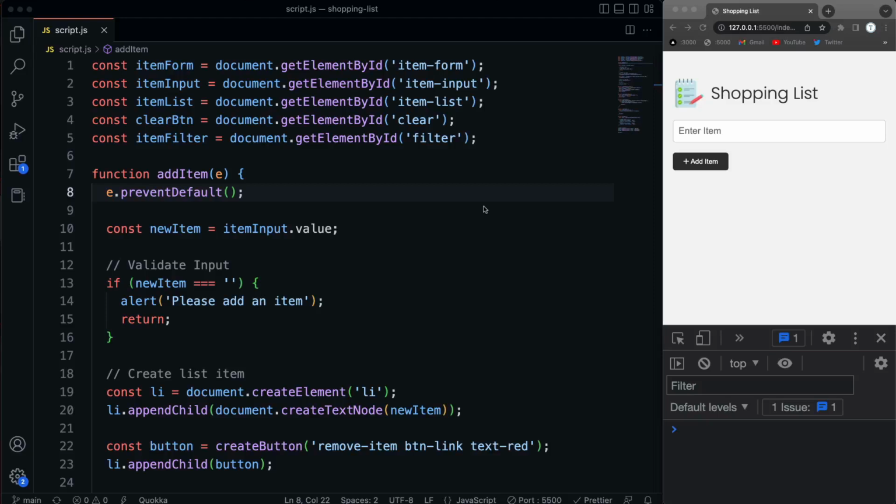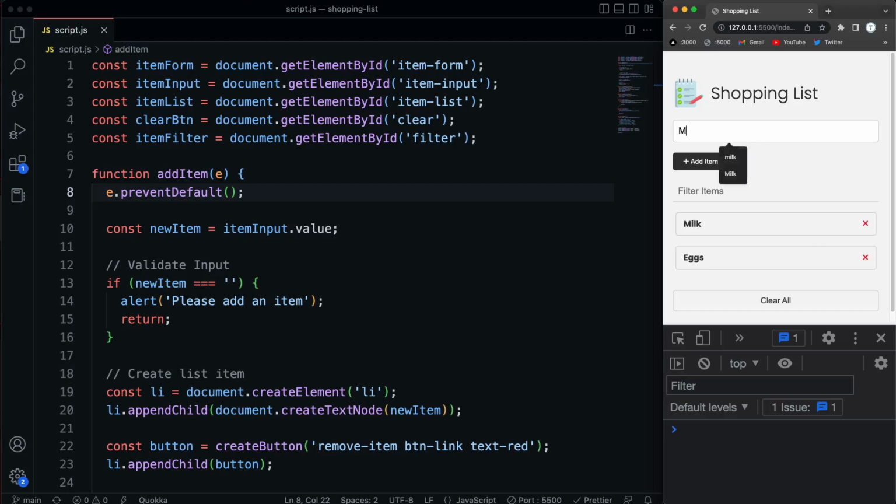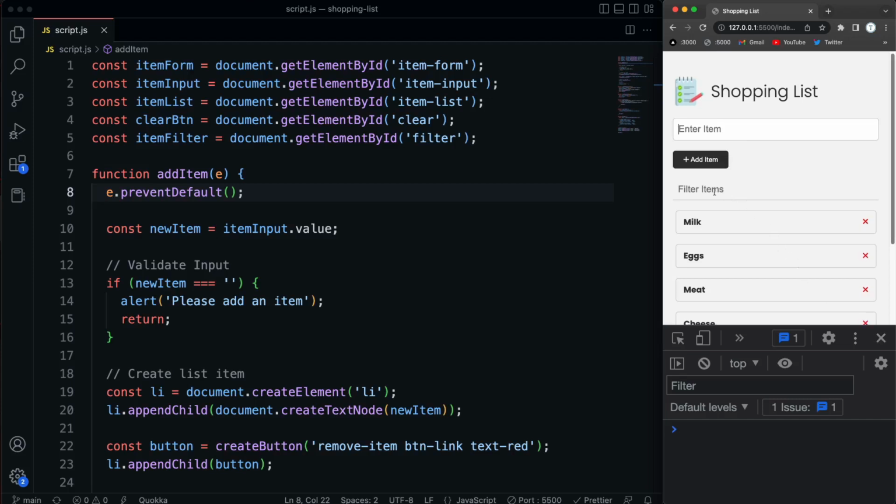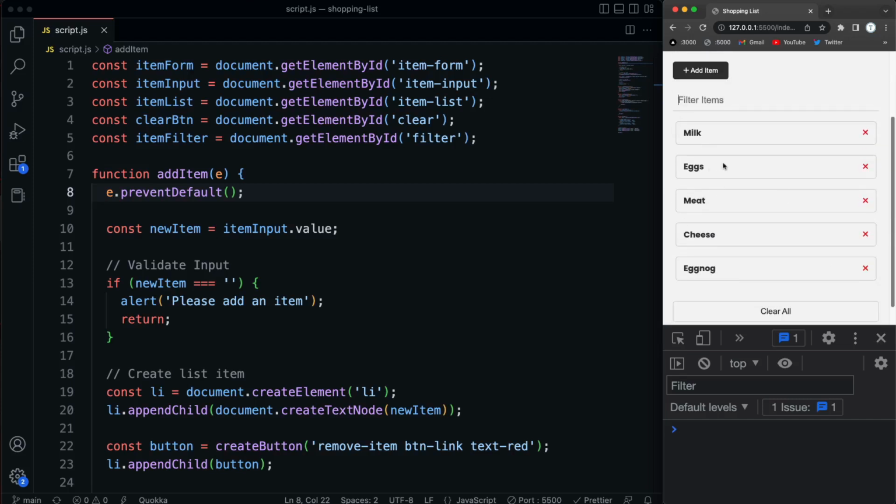Okay, so now we're going to create a function to filter our items. So if we were to add a bunch of stuff here, I'm just going to type some stuff in. Let's say milk, eggs, let's say meat, cheese, and let's also say eggnog. I want two things that are kind of similar. So we'll add those. And what I want to do is be able to type in here and narrow this